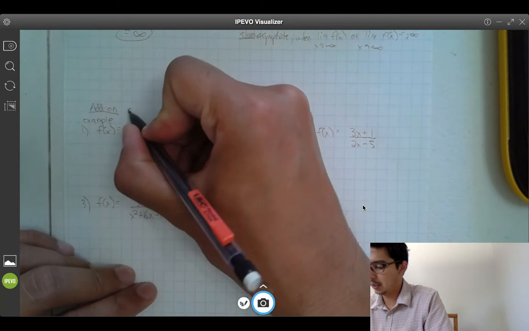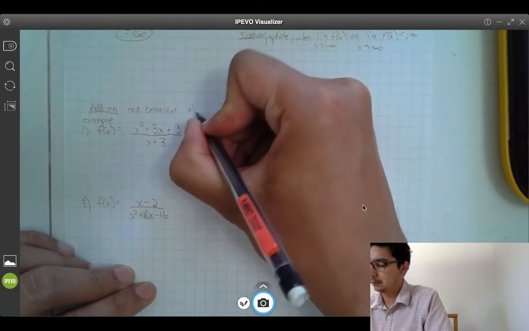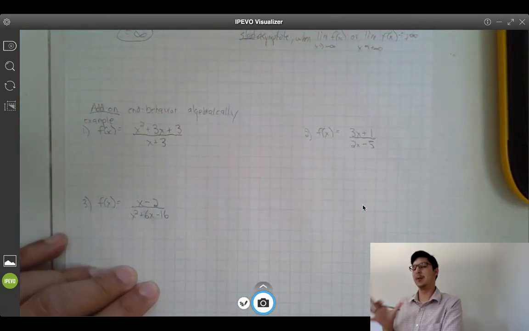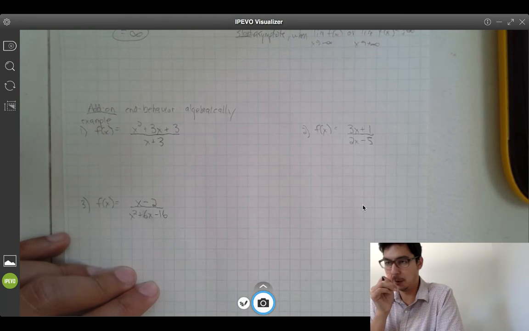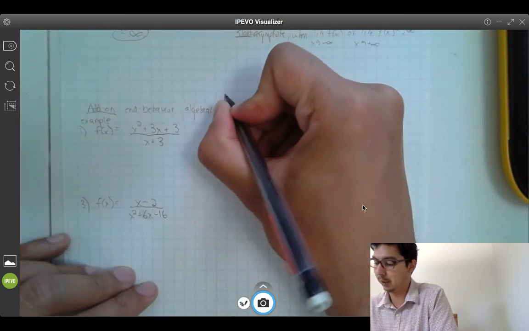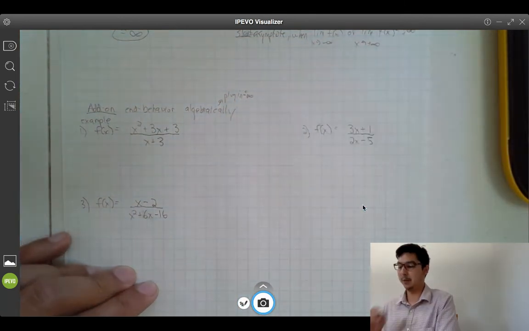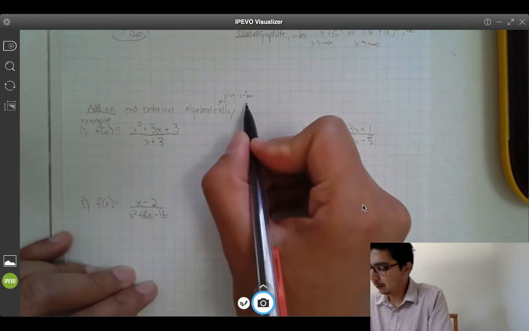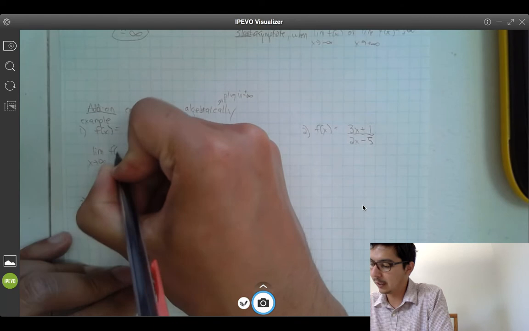So this says, what's the end behavior algebraically? And the trick here is I don't want to give away what you should have figured out. But we want to reduce it down and hopefully look for some patterns. The idea algebraically is that you plug in positive and negative infinity and see what happens. If we want to look at the limit as x approaches infinity of f of x, in this case,